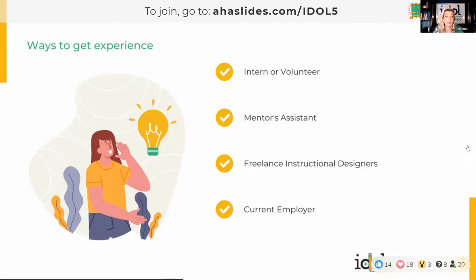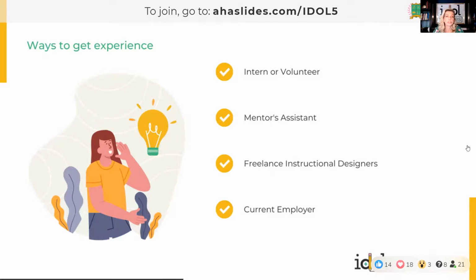Volunteer Match is another place that you can do it. And I'm sure that you can find more by Googling, in that way that you can get experience working from the beginning to the end of a project, so that you can also not only get experience, but also be able to talk about that experience in your interviews and talk through examples when they ask you, tell me about a time when you worked with a subject matter expert. You're going to need to be able to answer that and have some experience.